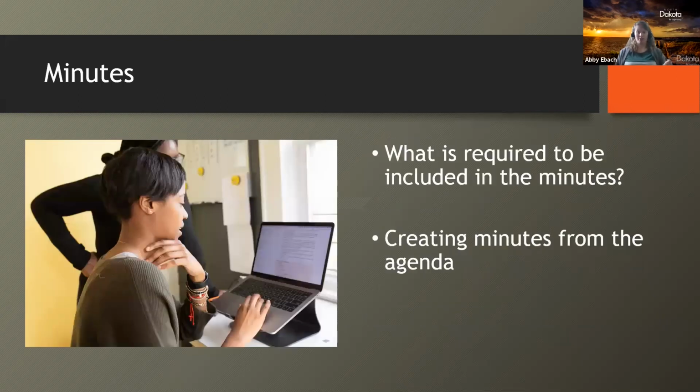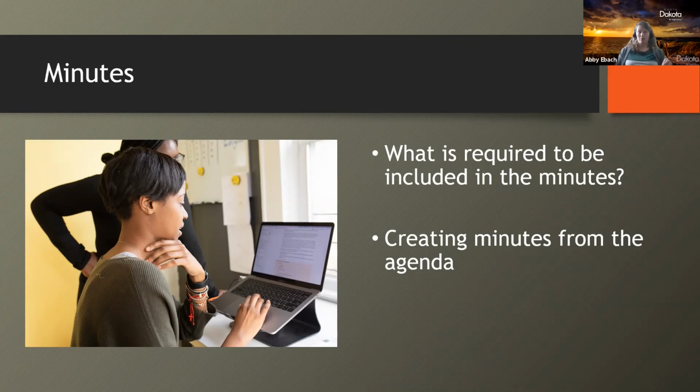Okay, on to minutes. One of the most important parts of parliamentary procedure and Century Code is the creation and access of minutes for all public meetings. Minutes are meant to give clear pictures as to what went on at a meeting and record all the decisions made and what the votes were for. Minutes are required to be taken at all board meetings and committee meetings.